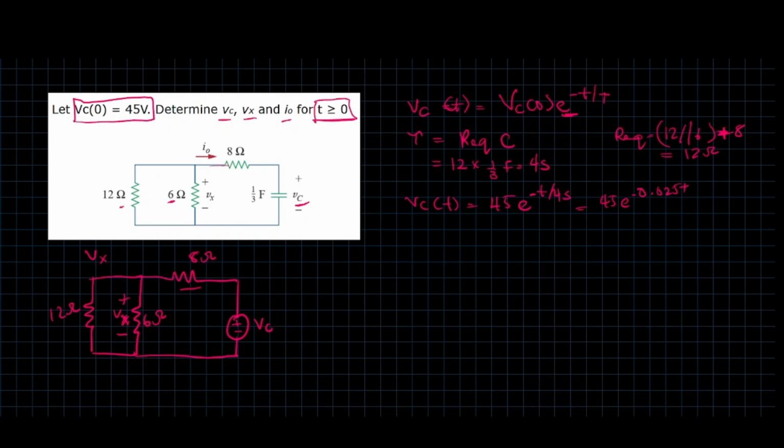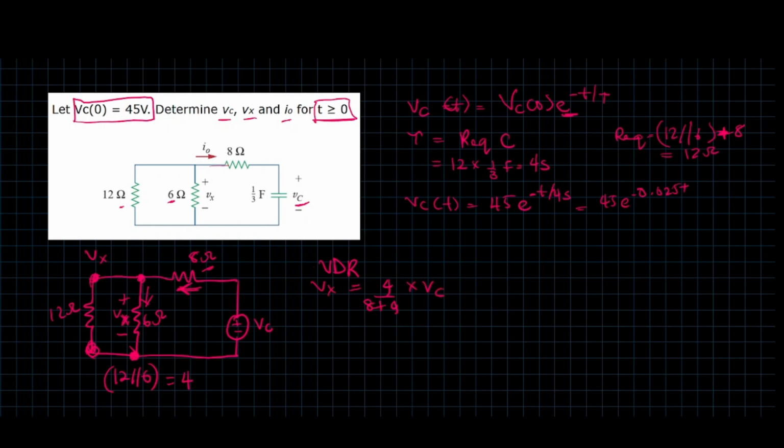because voltage is going to drop here and the voltage here is the same thing as the voltage here. So voltage is going to drop here, then voltage is also going to drop around here. So I can use VDR. I can combine these two resistors because the voltage across them is going to be the same, so it's not going to skew my data. So 12 in parallel with 6 is actually going to give you 4. So to get this Vx will be equal to 4 over 8 plus 4,